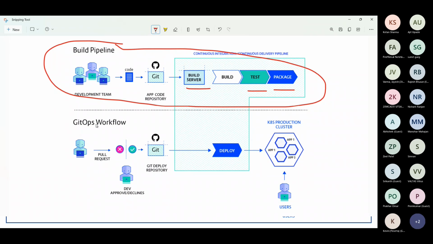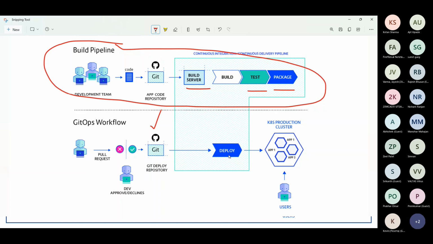Now, in case of GitOps, you don't need any build server here. You would see that when you are doing the commits, doing the pull request, approving any pull request or doing a merge activity, from Git itself all these activities will be done: build, test, package will be executed there. And in fact, deploy also will be done from here. So you are achieving the automations and the setup as such here.